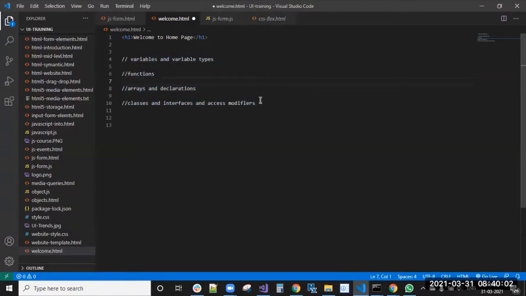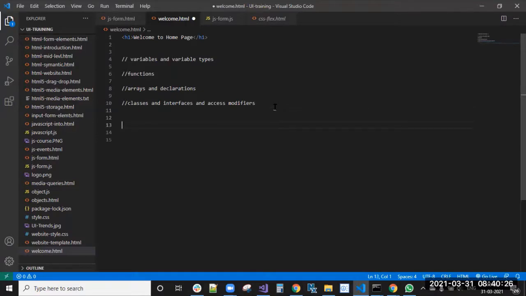Okay, mostly 3 or 4 days, I think. Yeah, we will complete this TypeScript. It will not take many classes. So this Saturday also we will take the class and complete the things. Because we need to complete this course as early as possible, I will take the class on Saturday also.